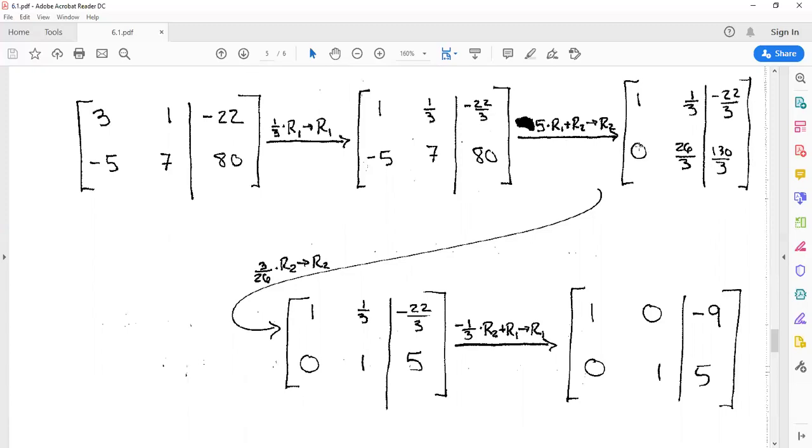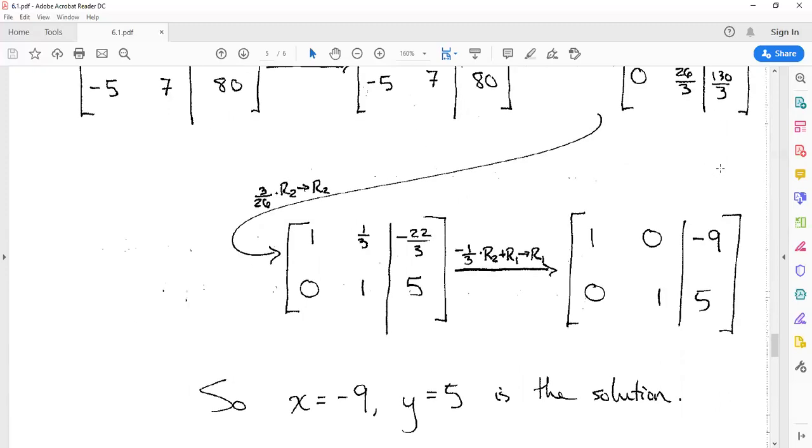Okay, so now we've got the first column squared away, and so we can go and worry about the next column. And in there, I'd like to have a leading 1 right here in this second row, second column entry. And so what I can do is multiply this whole row by the reciprocal of this fraction, 26/3, and that will turn that number into 1, and it will also make this number no longer a fraction. So that'll be nice. So if I do that,